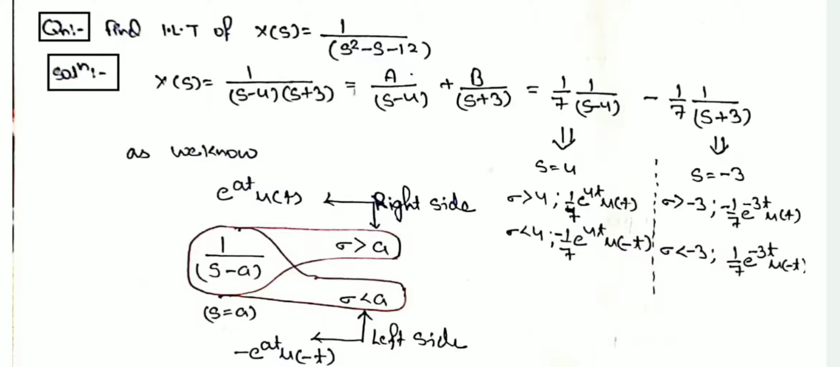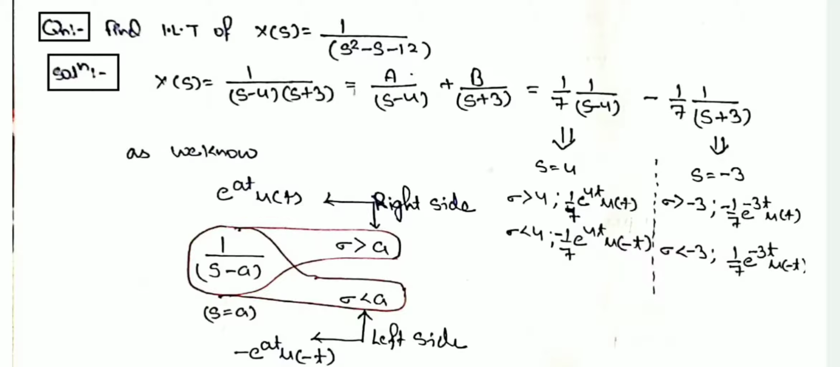Now this is an important point. We know that it contains terms like 1 upon s minus a or 1 upon s plus a. And here there are two possibilities, as we know that 1 upon s minus a, the inverse Fourier transform of it is nothing but the transform of e to the power minus